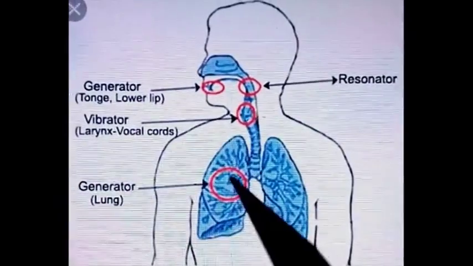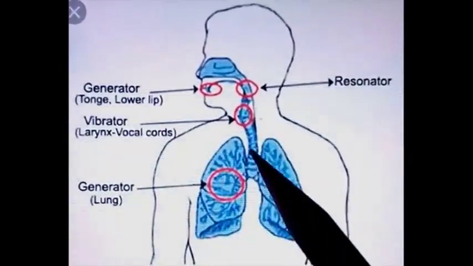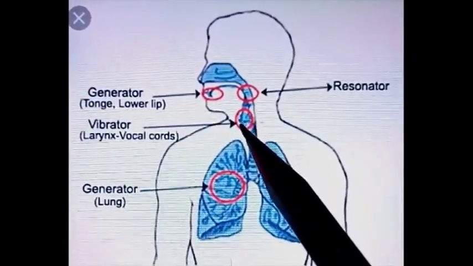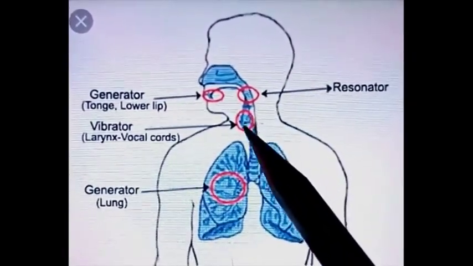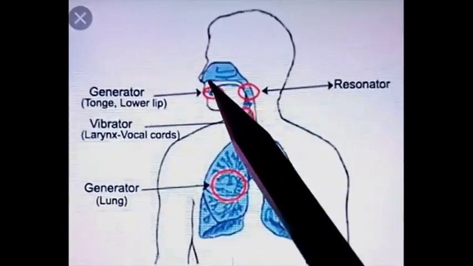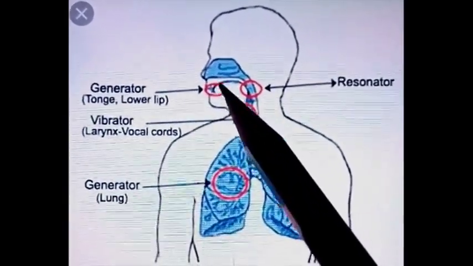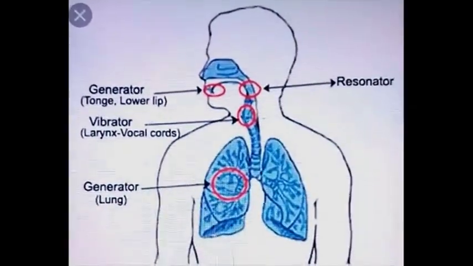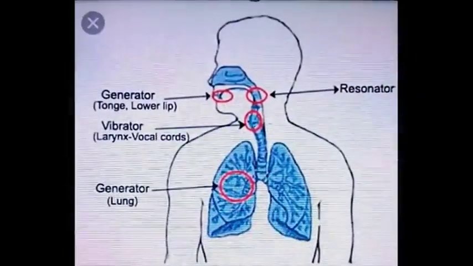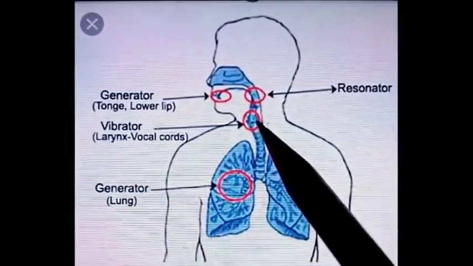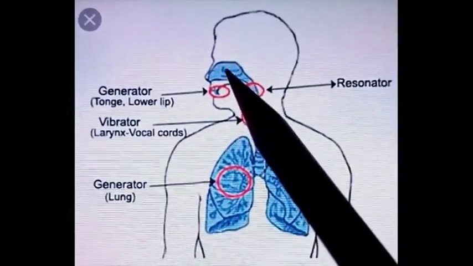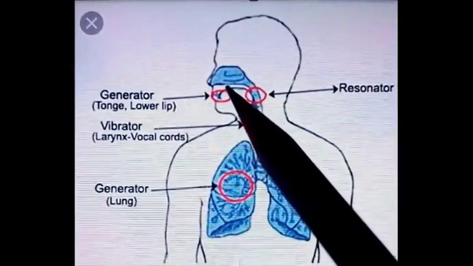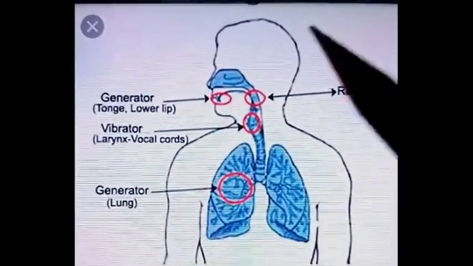So, lungs, expired air from lungs, then vocal folds, then air present between the vocal fold and nose, then tongue, lips, teeth, palate. All these structures are responsible for the production of voice. Vocal cords are responsible for the production of vowels, and the structures present in the buccal cavity are responsible for the production of voice of consonants.